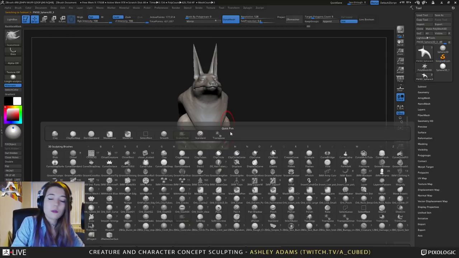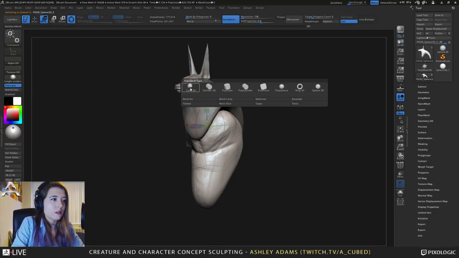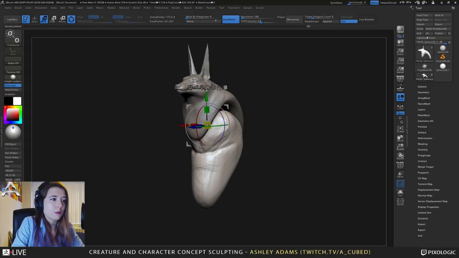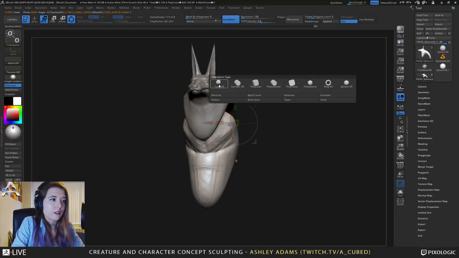So here's where I would be using a primitive. Now you have all your primitives right up here. So if I were to put this right here, right,